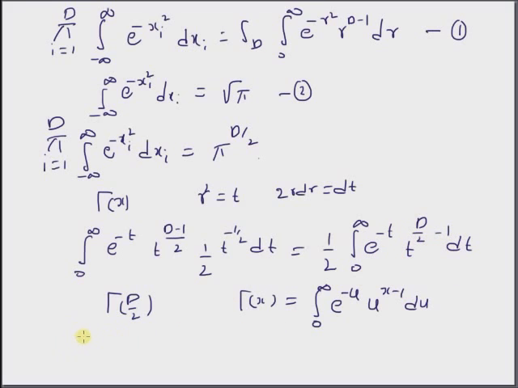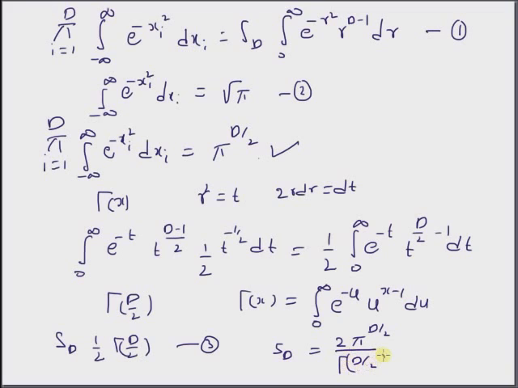Hence the right hand side is equal to Sd multiplied by 1 by 2 into gamma of d by 2. This is equation 3. By comparing this equation and this equation and this result, we have Sd is equal to 2 times pi power d by 2 by gamma of d by 2. So this is our first result, that is the surface area of unit sphere in d dimensions.